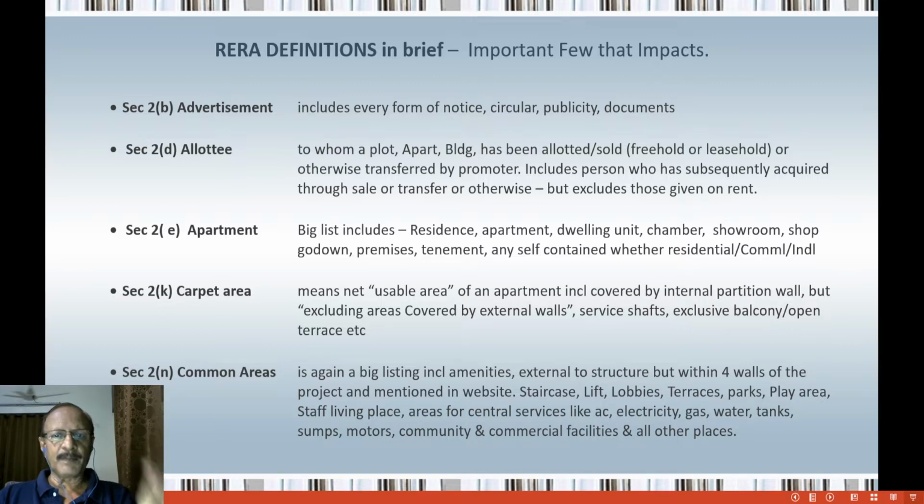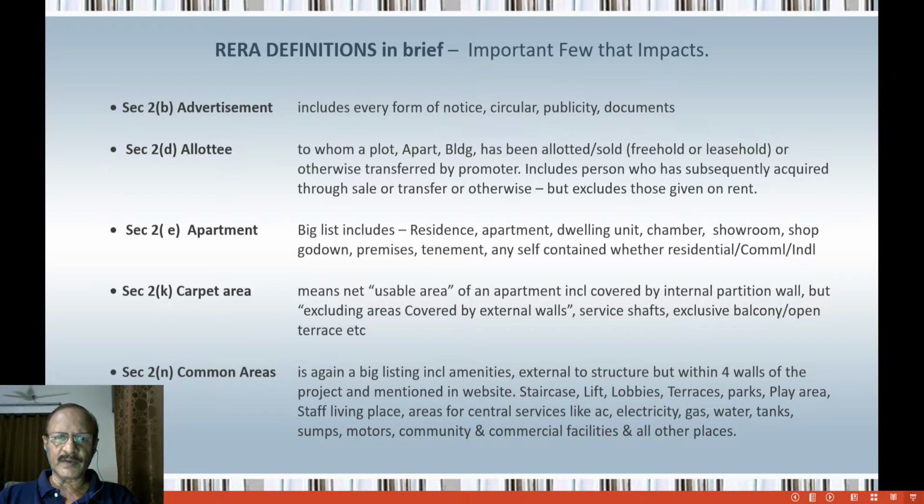Similarly, completion certificate is given when the builder completes the project as per plan and layout, sanctioned with all necessary approvals in place and as per specifications laid down. Occupation certificate is another one, which is basically given after completing, when it is ready for occupation and all the connections have come in. The BMC comes and checks, and finally if they are satisfied that one can stay there, then they give the OC.